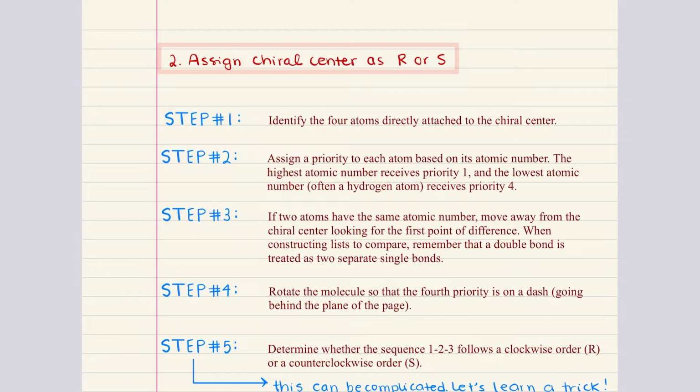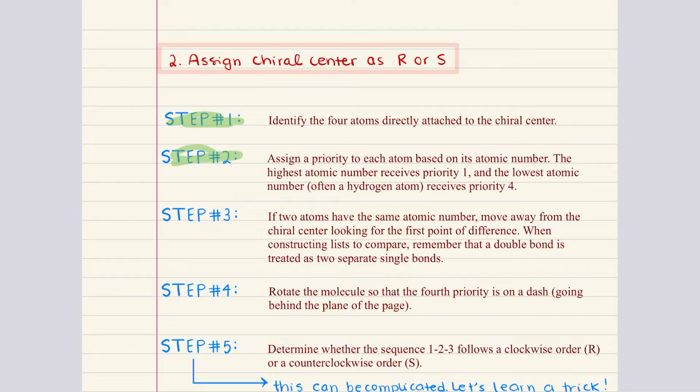Assigning R or S configurations involves a systematic process, which we're going to break down into 5 clear steps. Step 1 tells us to identify the 4 atoms or groups that are directly attached to the chiral center. These groups are going to be prioritized based on their atomic properties. Step 2 tells us that we're going to assign a priority to each group based on the atomic number of